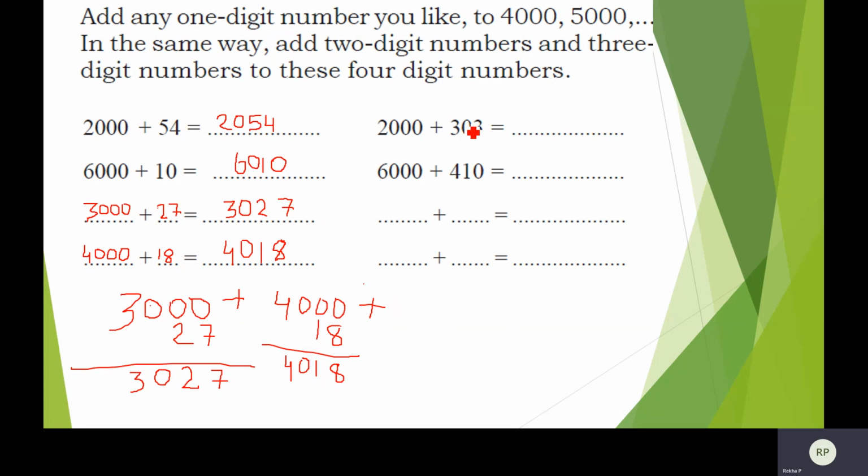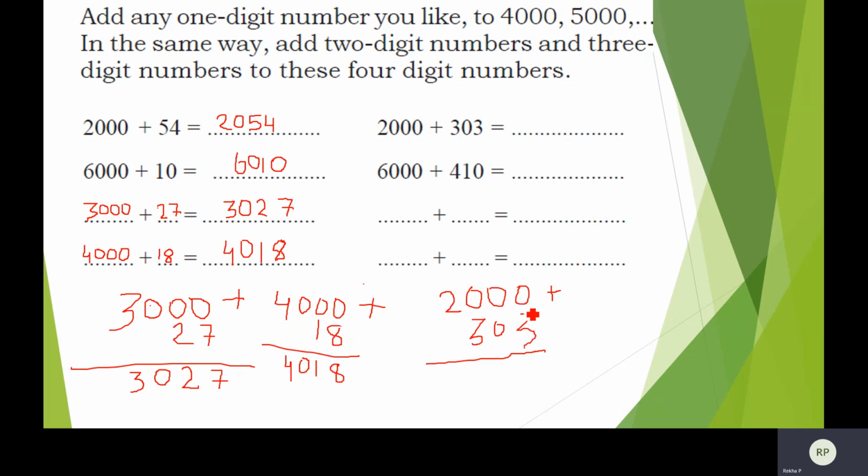So now we started with 1-digit number, then we moved to 2-digit number, and now we'll go to the 3-digit number. Okay, so whatever digit number you want to add, the only thing you have to keep in mind is that you have to write it in the proper place, and whenever you get a 2-digit number, you have to carry forward. In your addition, if you are getting a 2-digit value, you write only 1 digit in that place, and then the next digit you will carry forward to the next place. So only these two things you have to keep in mind when you perform addition.